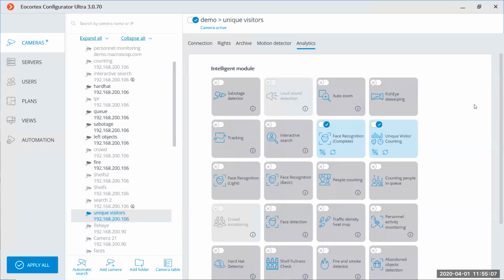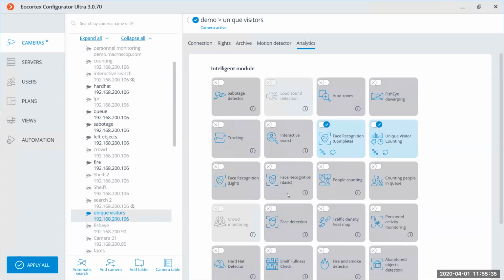Next, what are the differences between these 4 modules? First of all, as I said, we had an old module called basic. It had a separate license for its work, and it was working without a neural network on the CPU.